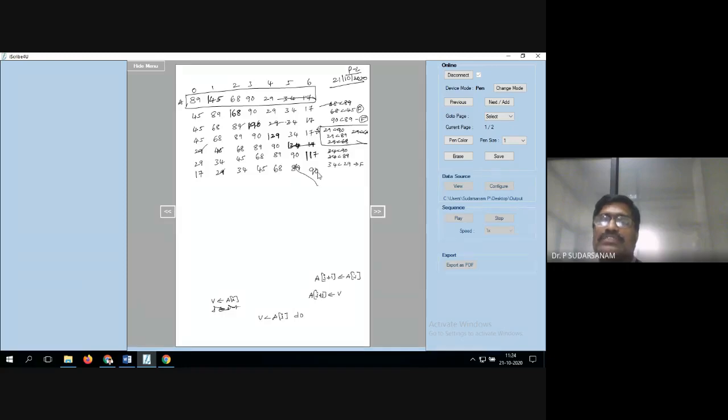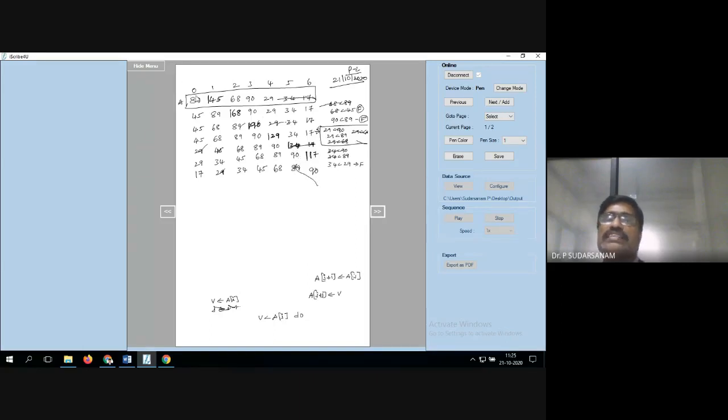So a of j plus 1 is equal to a of j. When you are at j, 19 for the fifth location, with respect to j I want to access the location a of j plus 1. Now a of j plus 1 is equal to a of j means 90 will be copied here. Are you getting this statement? 17 is less than 90, so 90 should be moved to the 17th location, but 17 you have copied to the separate element, v is equal to a of i. So now you have taken this 17 outside. Now 90 you have to move here with respect to j.